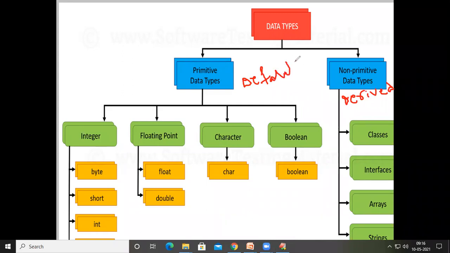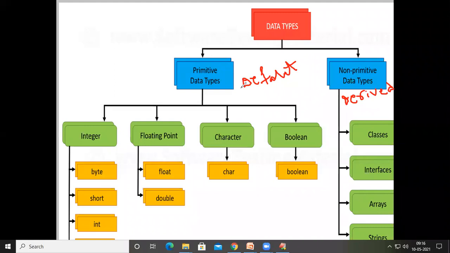The data types which come directly along with the programming language are called default data types. The data types which we create in the program are called derived data types. We will discuss the derived data types later. Now let us start with the default data types.